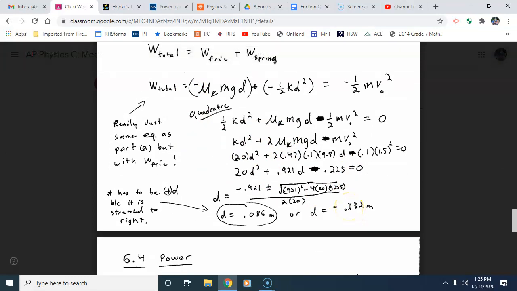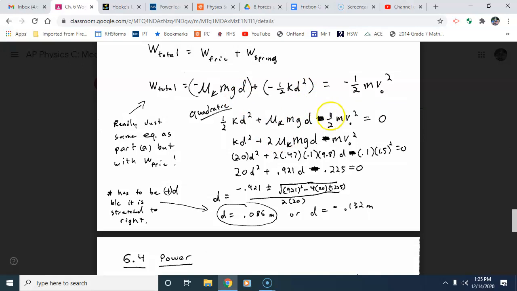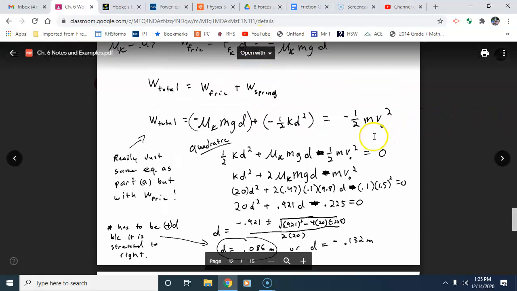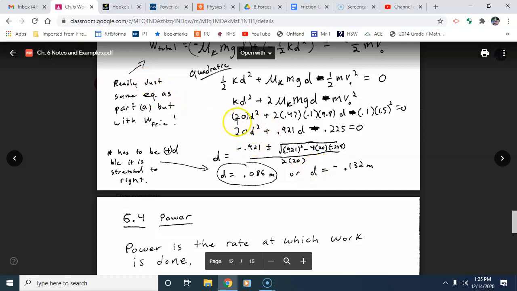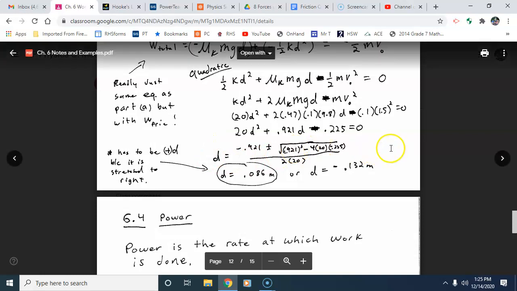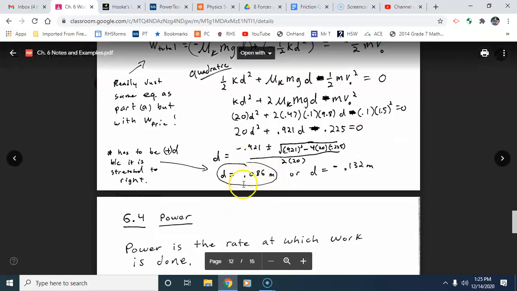All right, my goal is still to solve for D, but we have a little bit more complex of a formula. We have a D to the first power, a D to the second. Gonna have to use quadratic formula to solve. So we get everything to one side. I don't care what side you go to, just to have less negative stuff, I moved all these terms to the right, but it really doesn't matter. Doing that and plugging in all our givens so we can figure out the coefficients yields this formula. A, B, and C values are now showing, and I can plug into the quadratic. I get two answers out, and because we were looking for distances stretched to the right, the positive direction, this one has to be our correct answer,